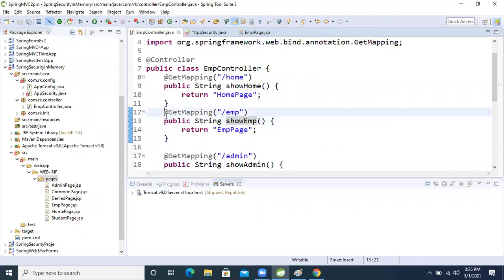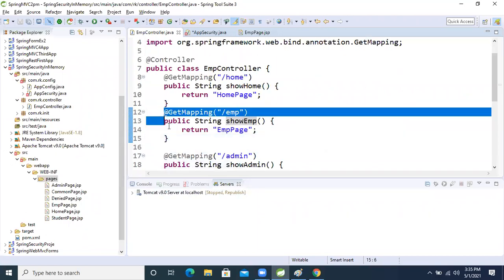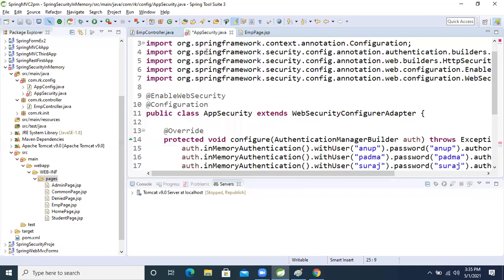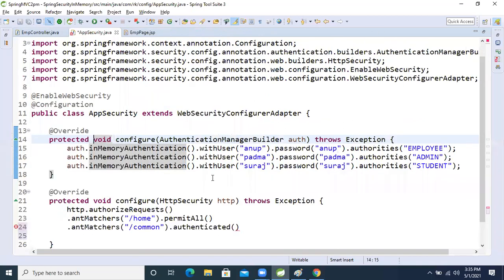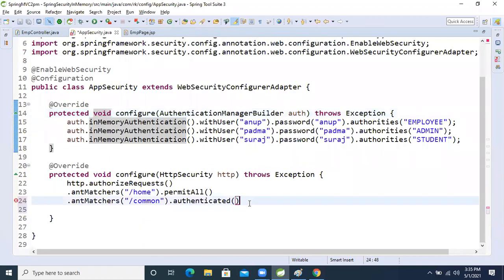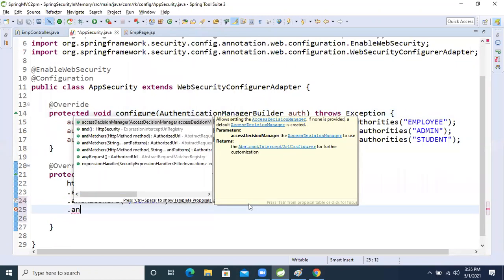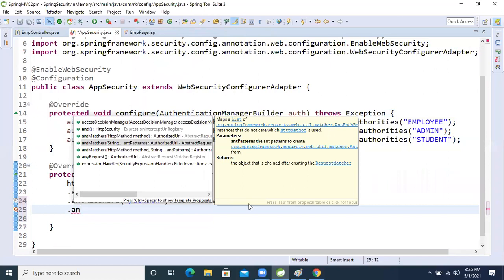I want this page to be accessed only by whom? Employee. So for that, what will we do now, guys? Come inside that, here dot ant matcher, here dot ant matcher.